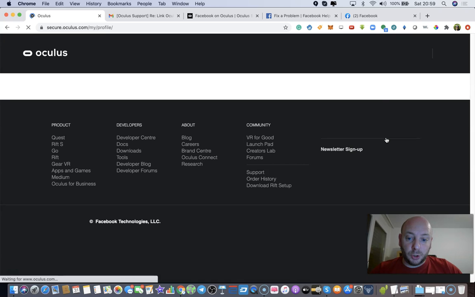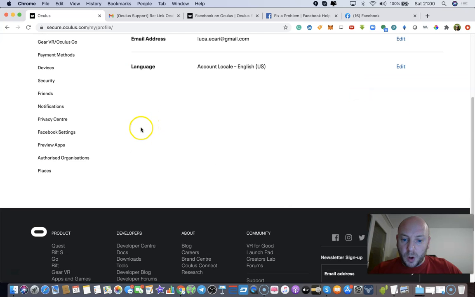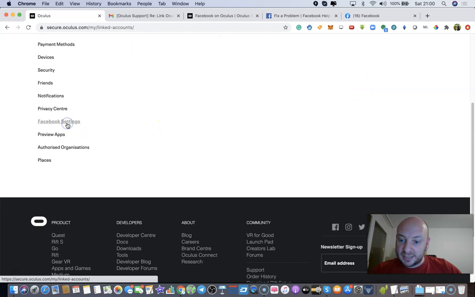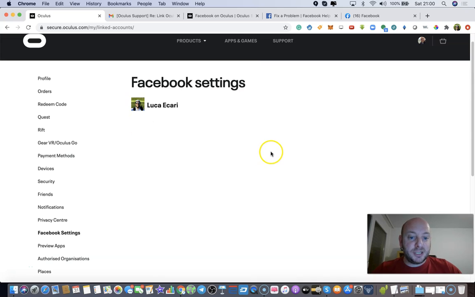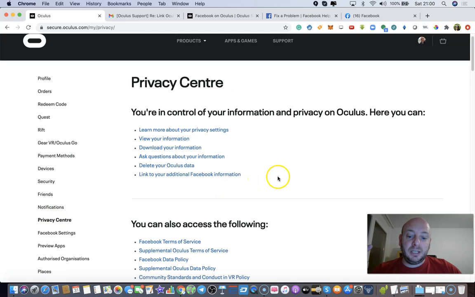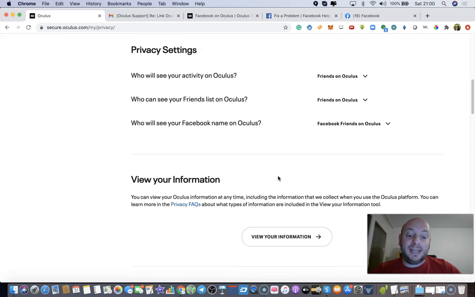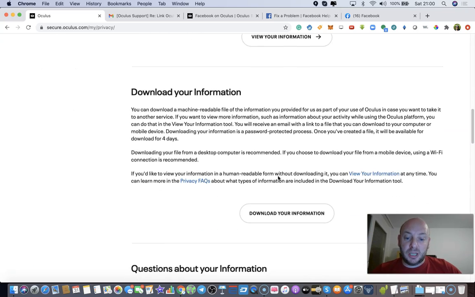You click on here, you go to profile. It's going to take a while. I don't know why it's sharing Facebook settings, so let's go to Facebook settings. It's as poor as that, right? It's now only sharing; you cannot click on it, you cannot do anything, but it's showing that it's linked to the right account, at least in my case this time, the new and right Facebook account I wanted to link it to. If you go to Privacy Center, there's not really any settings that you can change here,